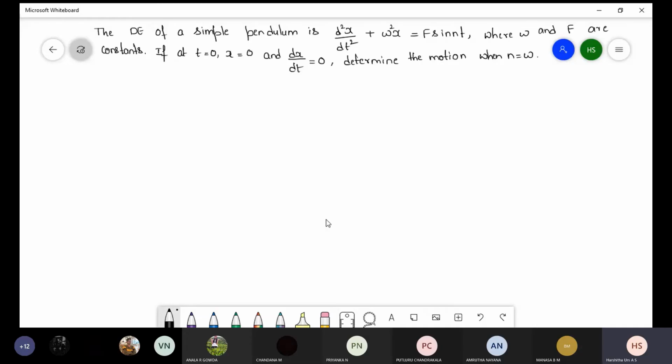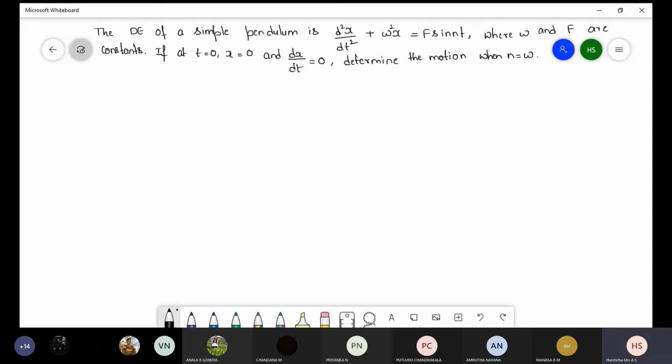The differential equation of a simple pendulum is d²x/dt² + w²x = f sin nt, where w and f are constants. If at t = 0, x = 0 and dx/dt = 0, determine the motion when n is equal to w. First,